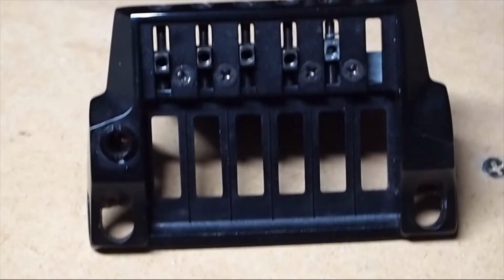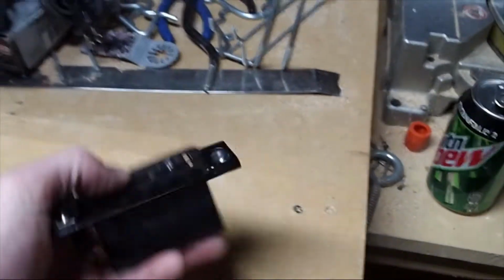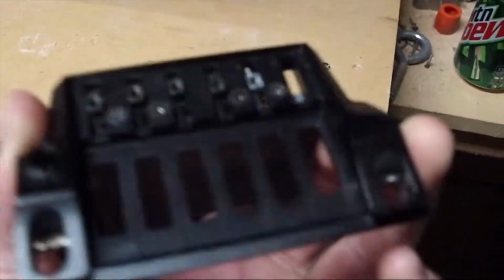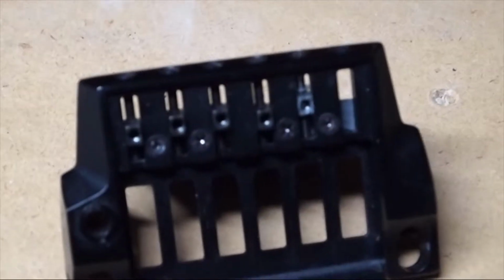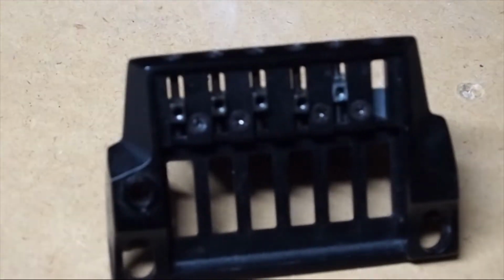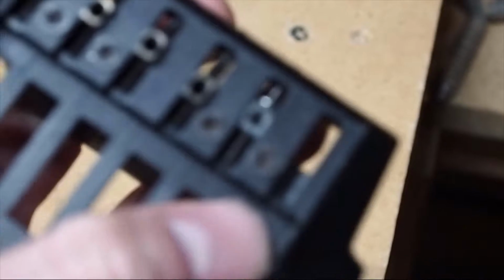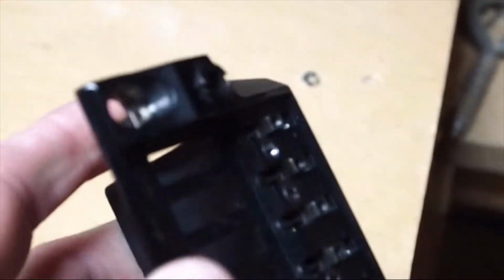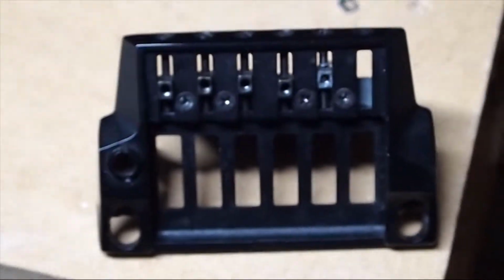Okay, so this is the Ibanez Pro Rocker Bridge, and if anyone has had the unfortunate experience of owning a guitar equipped with one of these, chances are you are aware of these things' fatal flaw, where the saddle's attached to the bridge is an extremely high stress point, which almost inevitably ends up breaking off these little attachment pieces, as you can see here. This one I've removed because I was trying to figure out if replacements were available, and yeah, there's pretty much no chance of that unless you find one on eBay